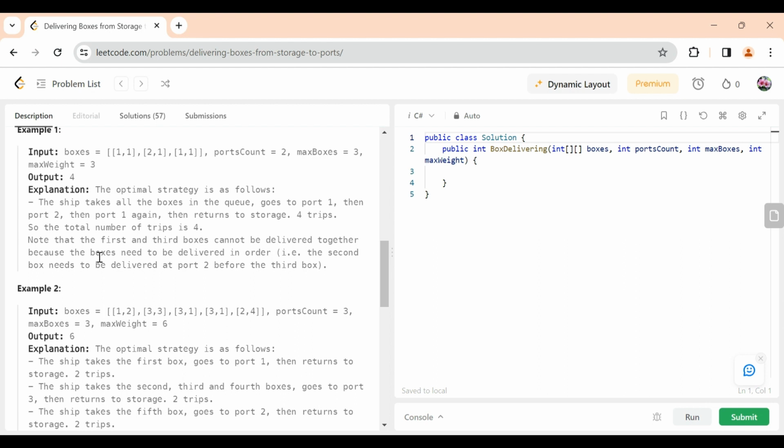Okay, then port 2, then port 1, again the return to storage, 4 trips, so the total number of trips is 4. Okay, we can see the total weight requirement is 3. When we are going in the first box we have port count 1 and weight is also 1. So in this we are getting only 1 weight, and we have a requirement of 3. Okay, and if we go after that we can see we also have another weight